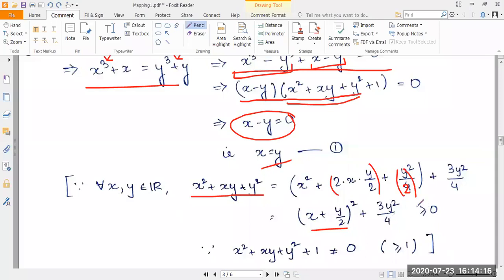So this term is at least 0 or greater than that. So it's 0, and anything greater than that. So we have deduced that x square plus xy plus y square is a positive term or it's 0. Now coming back to this multiplication, we had said that x minus y is 0 because this part cannot be 0. Because you see, we have already said that x square plus xy plus y square cannot be negative. It's either 0 or positive.